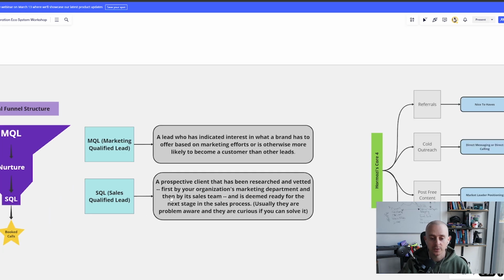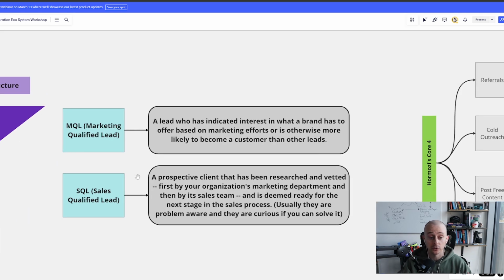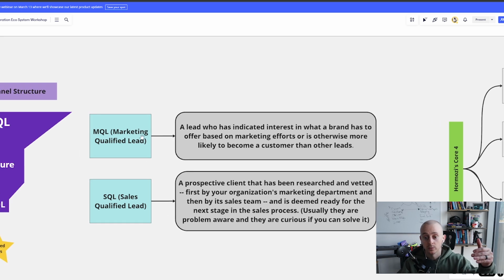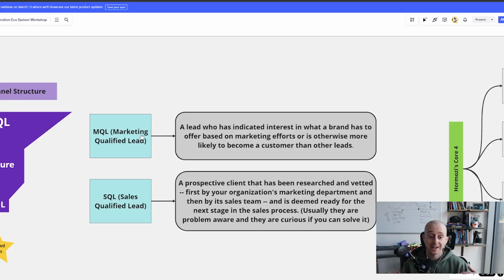So this is someone that has shown interest, and there's trust built. Our goal is to move people from MQLs, which is low trust, people that don't know us well and maybe have downloaded a resource or seen some of our content, but there's not a lot of trust built there yet, through our funnel into an SQL. And an SQL is high trust. They know about us. They know that there's a solution to a problem they're trying to solve. That trust is there, and that's where the leverage is created: through that process of moving someone from an MQL to an SQL.